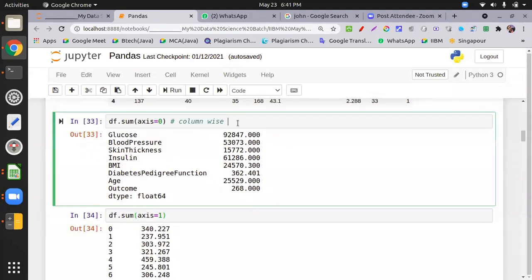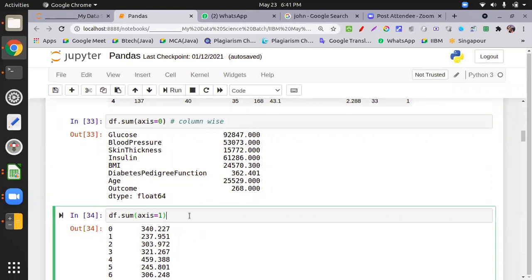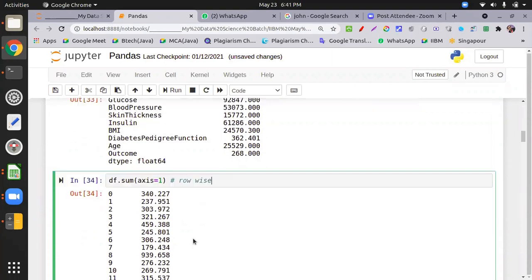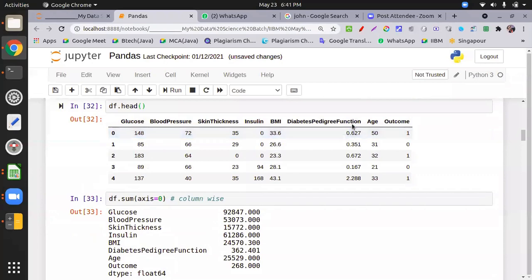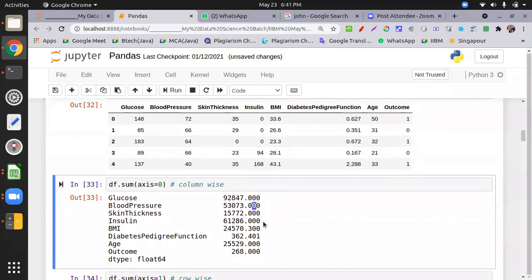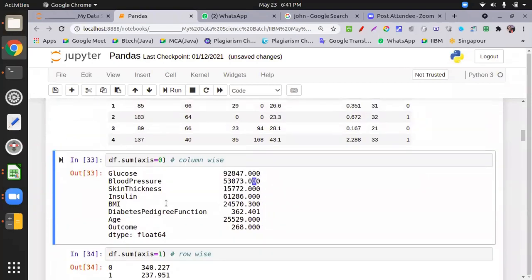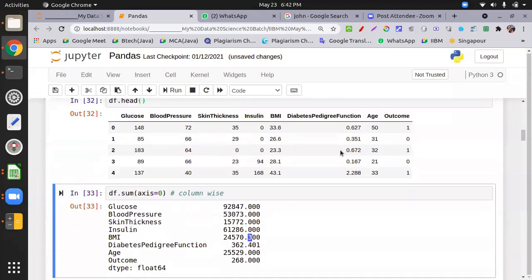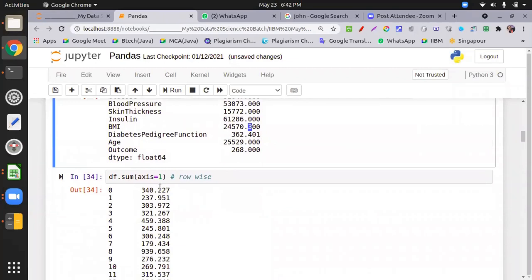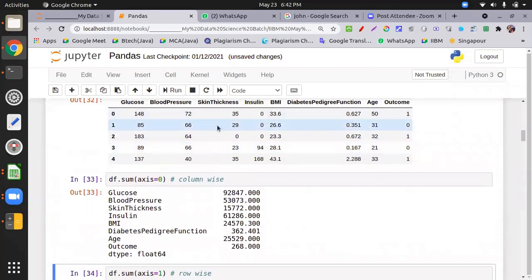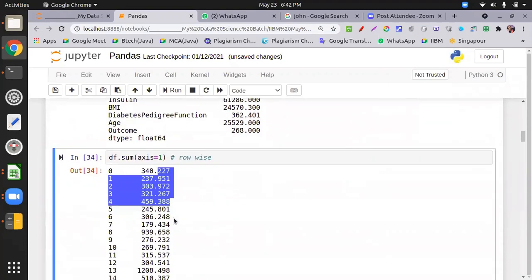All right, now what I'm trying to say, yes, it's column wise, it's row wise. Again 3 significant digits, because these columns do not have 3 digits, so they are 0 0 0. This BMI column has one decimal digit, so it puts 3, the rest 0 0. But in rows everyone has 3 digits, because the row is adding all values, that's why it populates all values as 3 digits without 0.